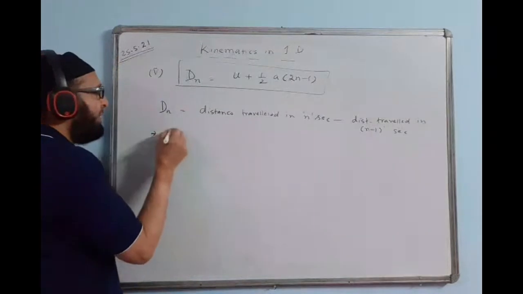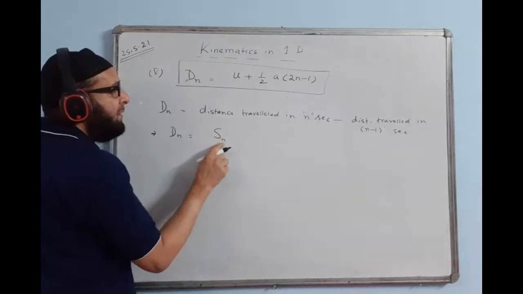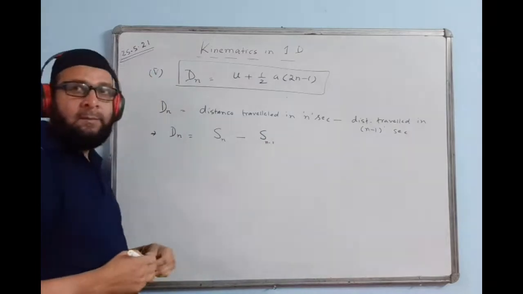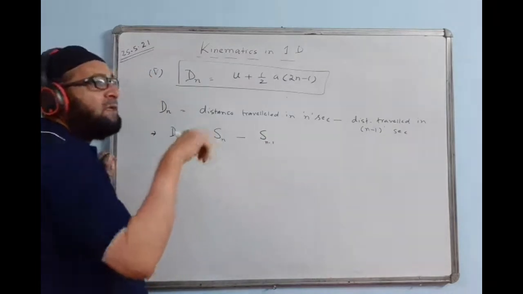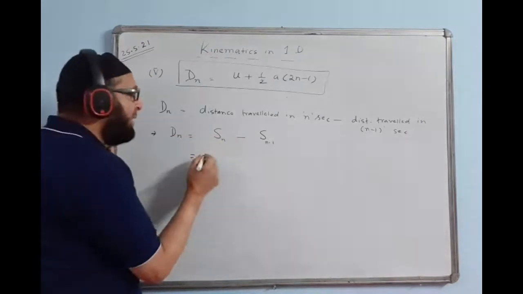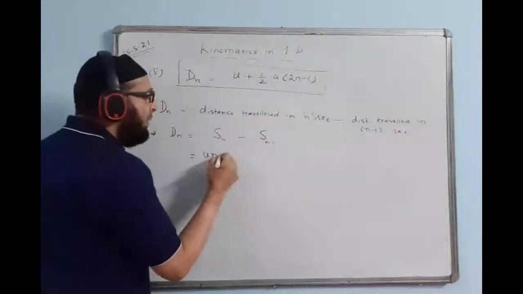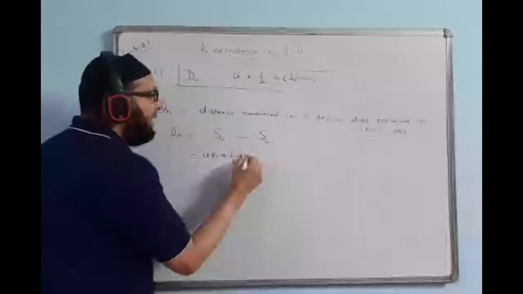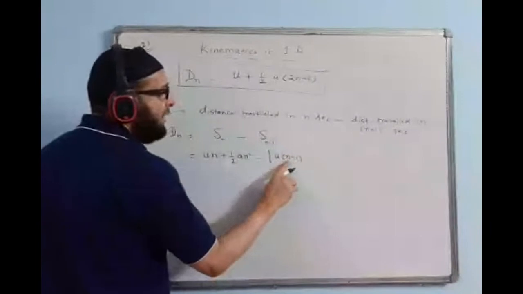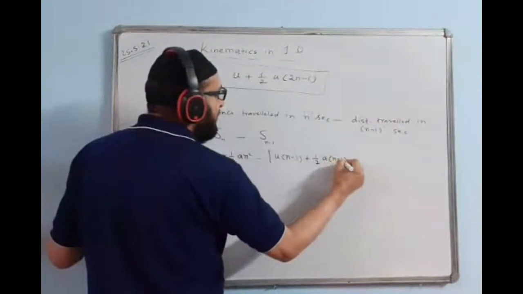So now next line I write that dn is equal to sn, the distance covered by the body in n seconds, minus the distance covered by the body in n minus 1 seconds. I write n minus 1 there. And what is the formula of s? S formula is ut plus half at square. But that time the timing is t seconds. Now the time is n seconds. I will be writing u, and instead of t I am writing n over here: un plus half at square, that means half an square I will write. Minus, here I will be writing u times n minus 1, because the timing is n minus 1, plus half a, t value I will put n minus 1 squared.